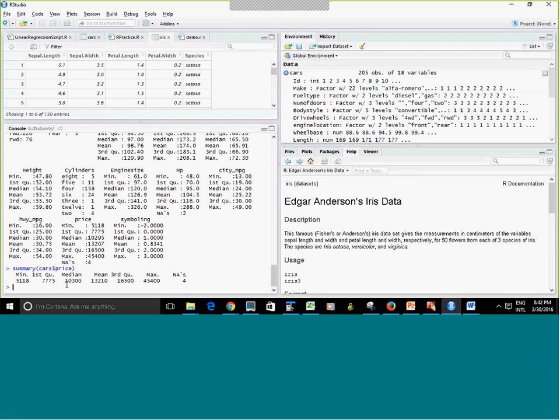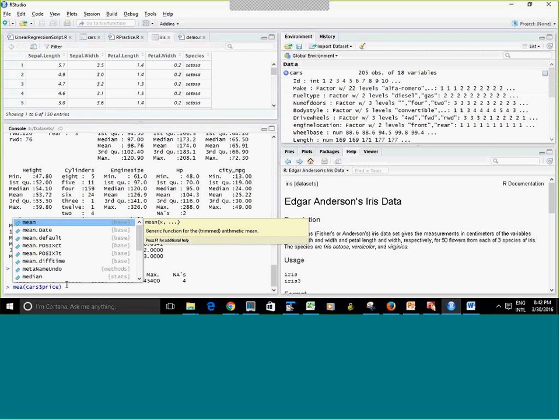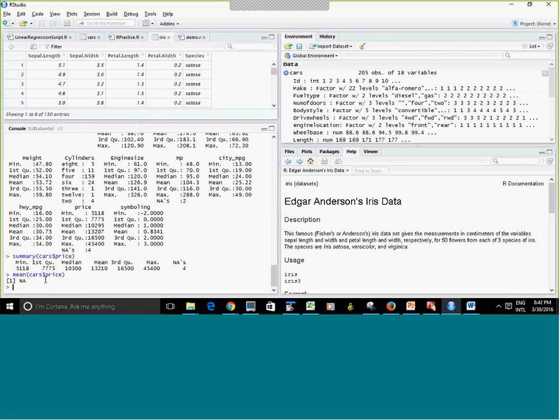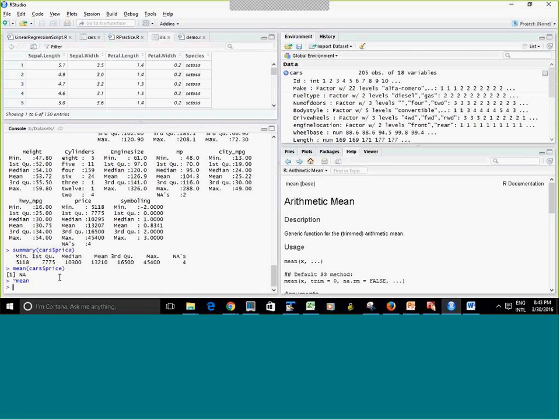I also have an option to show only one statistic, right? I have to change this to mean, to show only the mean. If I don't want to see everything else, I want to see just mean. Oops, it showed me NA. It's because I misspelled. My spelling is bad. But anyway, if I'm not sure, I can do this. Here it is, mean. I spelled it right, but I'm not sure why it did not find it. It should have, but